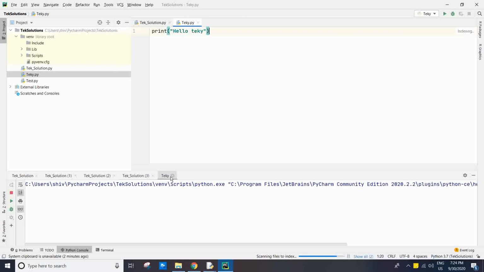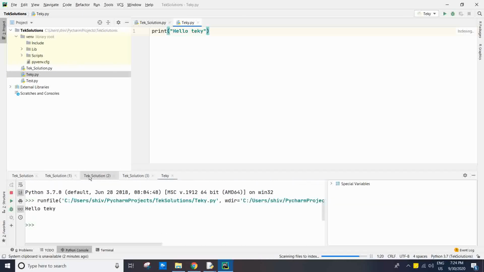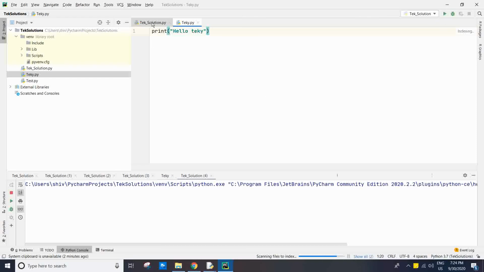See, this is a new file, techie. If you run multiple times, it will create TechSolution 1, TechSolution 2, TechSolution 3. Now if you click techie, it prints hello techie. You can switch from here also, TechSolution, and then click run TechSolution. It will run TechSolution, not techie. It will print 2 plus 4, 6.